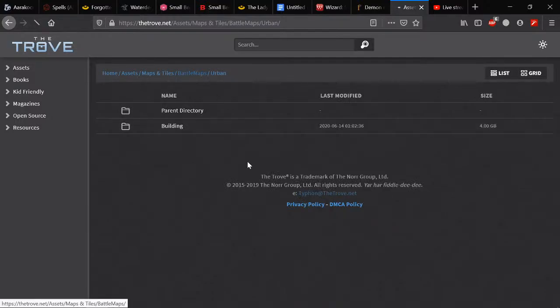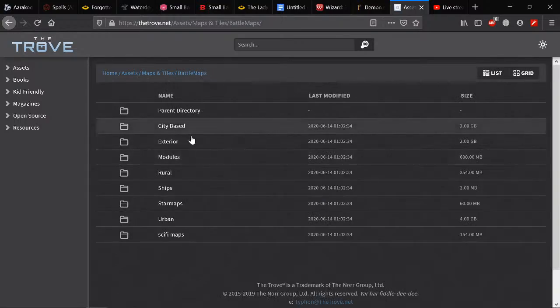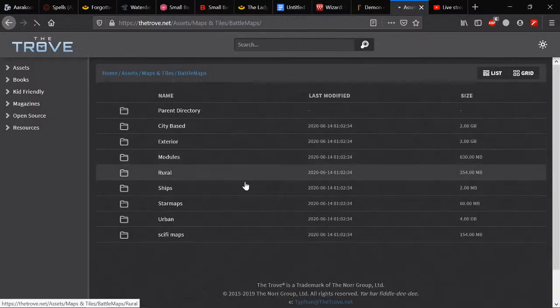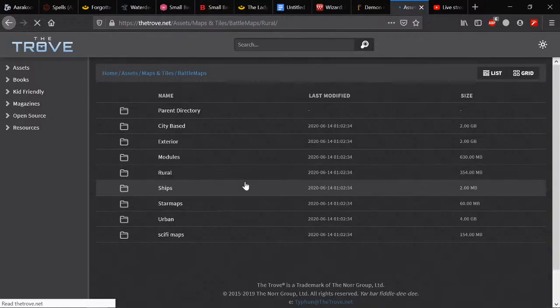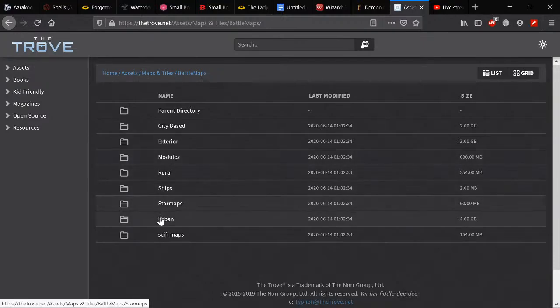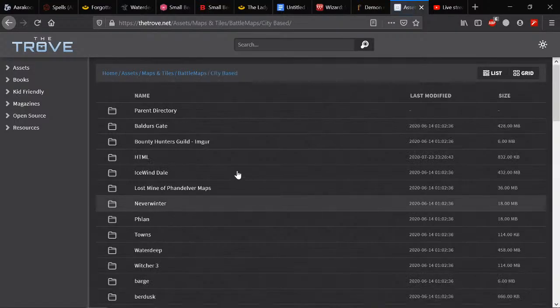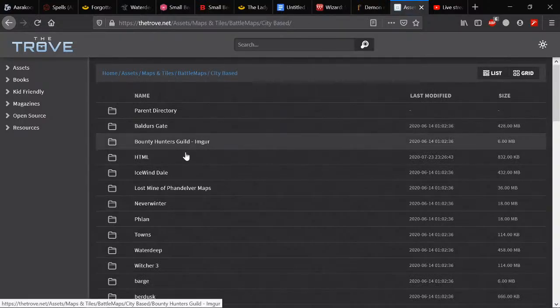Maybe battle maps. Let's try rural. Desert for it now. See, that's going to be, let's try city based, because maybe we can get some sort of